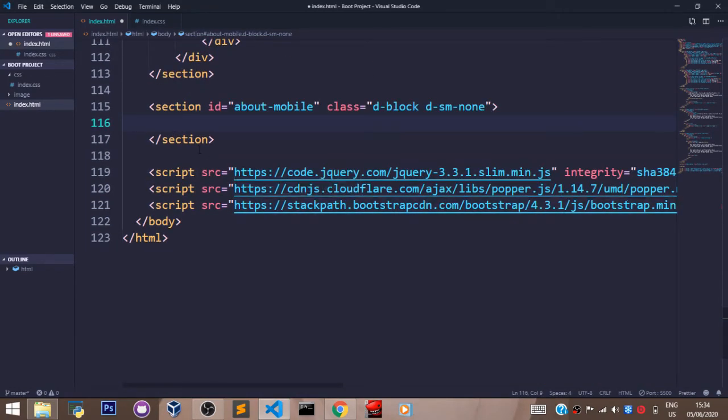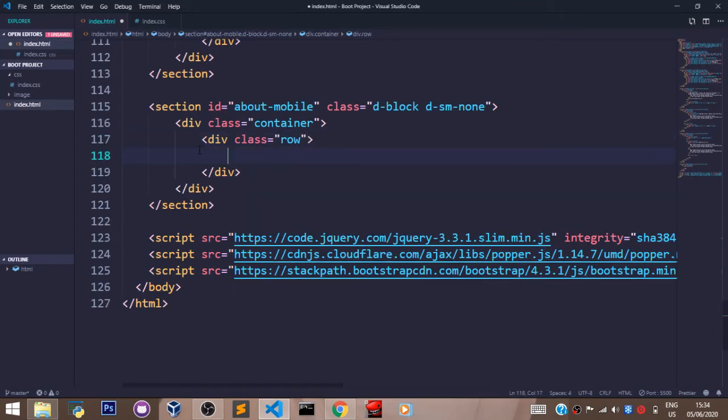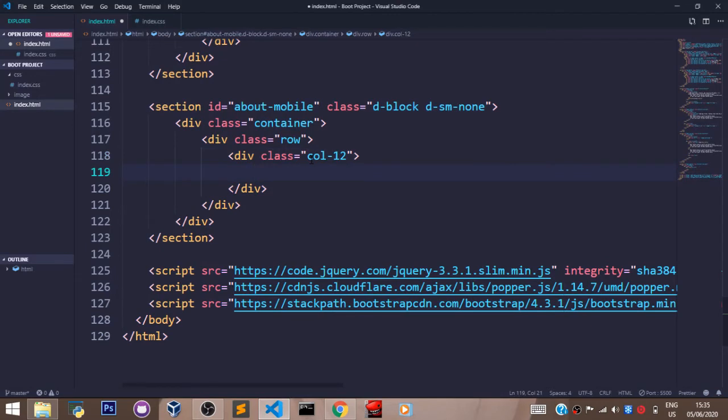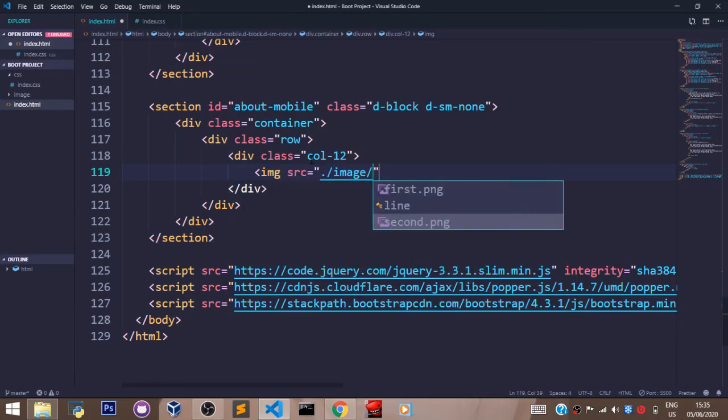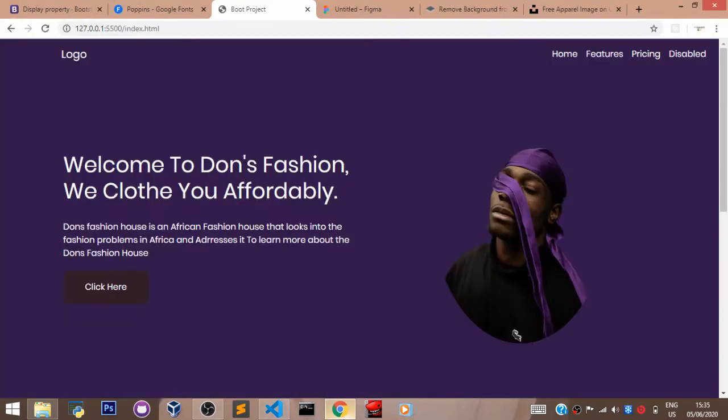Now in this section, I'm going to create a container, and I'm going to create a row, and I'm going to use all of the 12 columns in this row, like so. So inside this column here, I'm going to pass in the img tag, set the src attribute to second.png. I'm going to pass in a class in the image tag, and this class is going to set a margin top to 5 rems and a margin left to 5 rems. Now when I save that and I go back to my browser and I toggle this to a mobile display, you would see I have this,